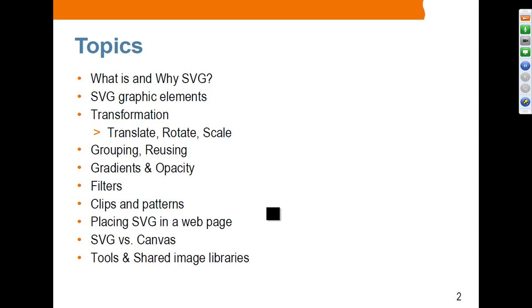And now at the end we are going to compare SVG versus Canvas. Basically when to use SVG and when to use Canvas, and when you want to use both. Because in real life it's quite common that you are going to use both, because each technology has its own strengths and weaknesses, so you might in fact combine the two to take advantage of the strengths of each